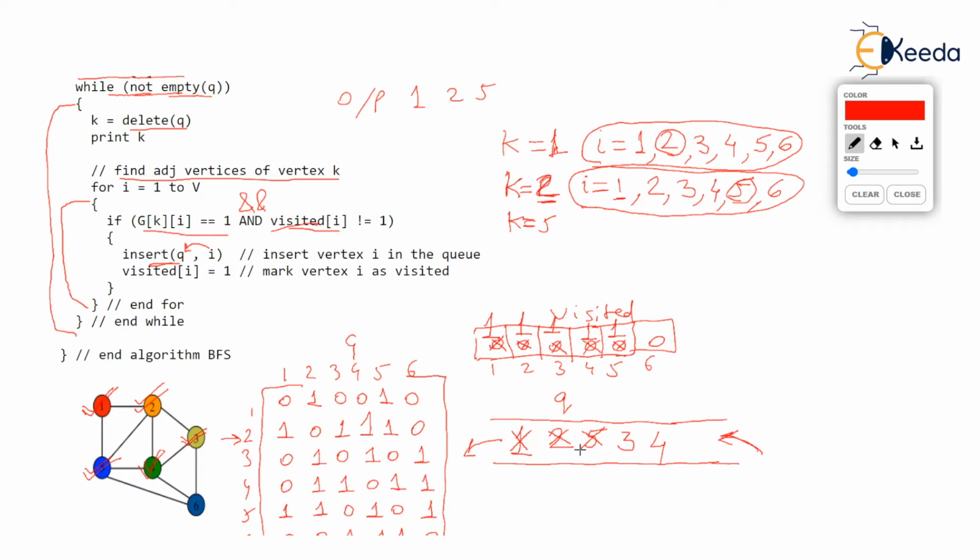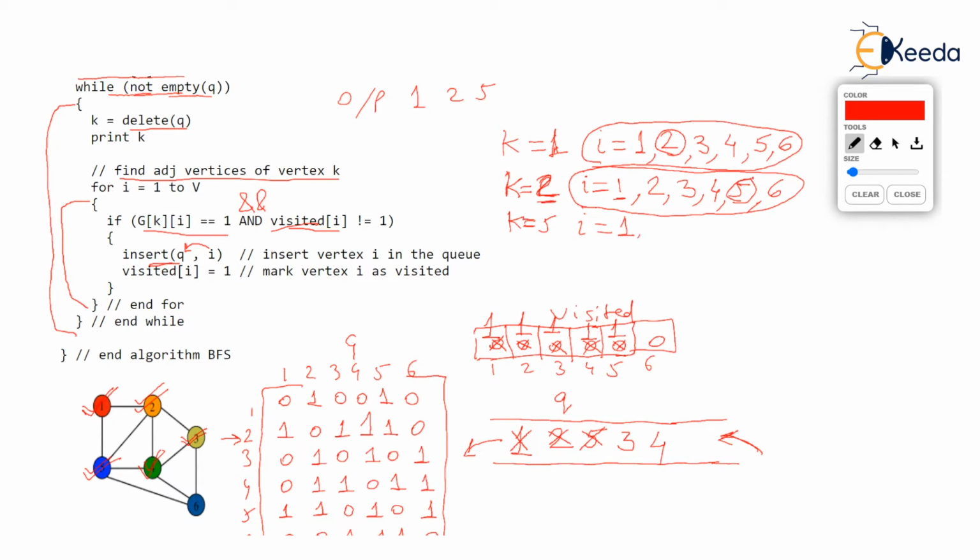Now you will see adjacent or neighbors of 5. So you will start the for loop as you see the next statement in the algorithm. You will start I with 1 all over and check 5 comma 1, fifth row first column. It is 1, meaning 5 is adjacent to 1, but 1 is already visited. So second condition fails in the if.